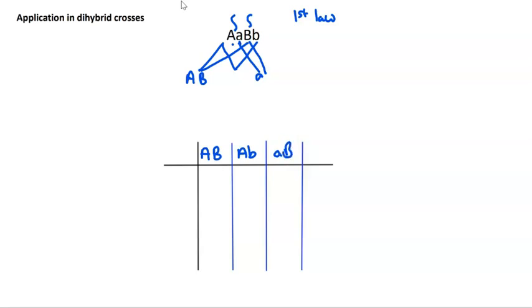I'm sorry, drawing's getting complicated now. And so here we have from this dihybrid genotype, through meiosis 1 and meiosis 2,